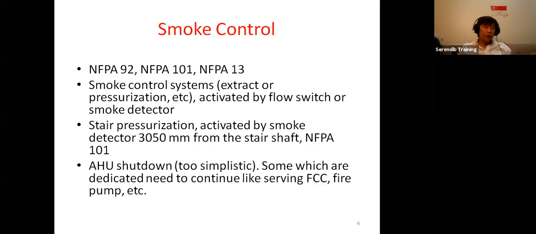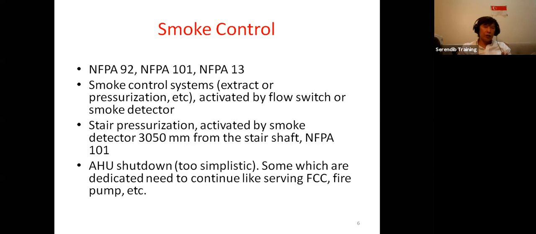And then the fire pump room also. Some fire pump rooms are designed with cooling. You don't necessarily need natural ventilation. That depends on what pump you need in there. Is it diesel driven or electrical driven? So the point here, just to emphasize,